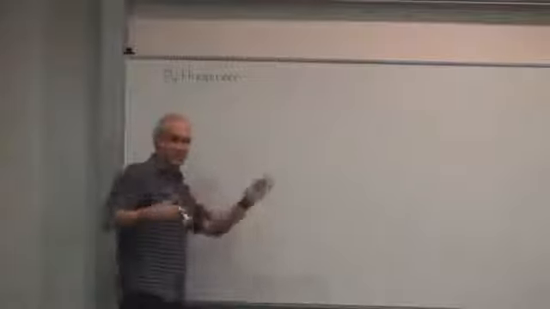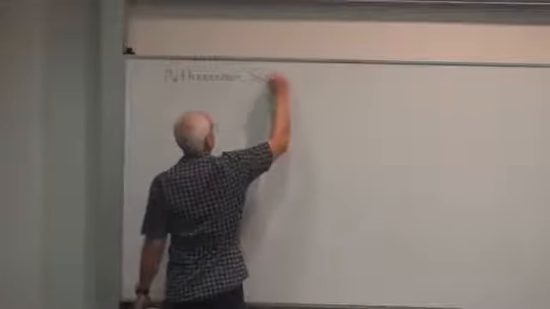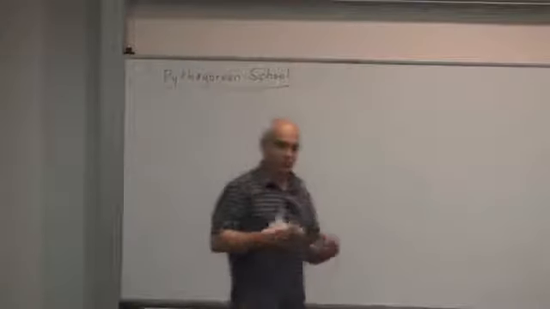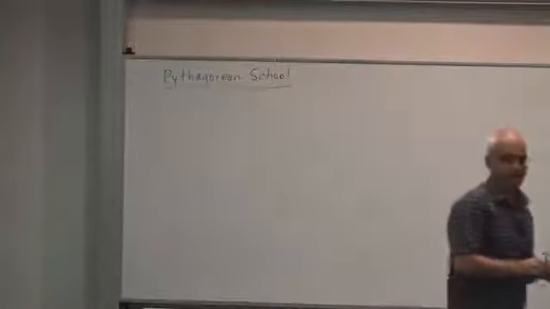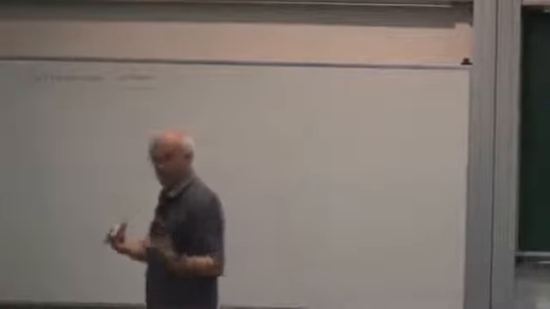So he founded a school, I think, also in Sicily. He went to Sicily and founded a school. He had sort of disciples. So there was a Pythagorean school. And these people tried to understand the world. They thought, we're going to try to understand the world using this new way of thinking, this idea that we can deduce things,